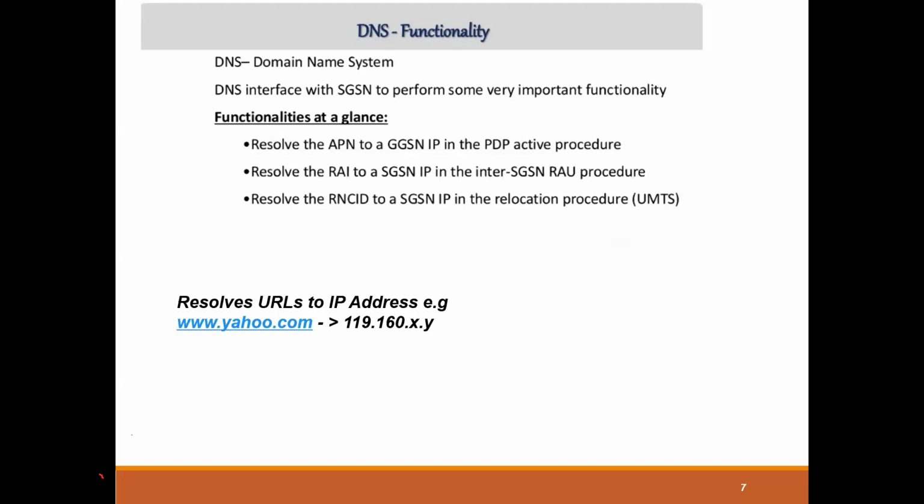So what we do right now is that for resolving this APN to GGSN, routing area ID to SGSN, and even RNC ID to SGSN IP, we have a DNS host file, and in this host file, we define that if this is the APN, then this should be the GGSN IP address. And if this is the routing area that is brought by the neighboring RAI, it should be resolved to this specific SGSN IP and even the RNC ID. The internal DNS,